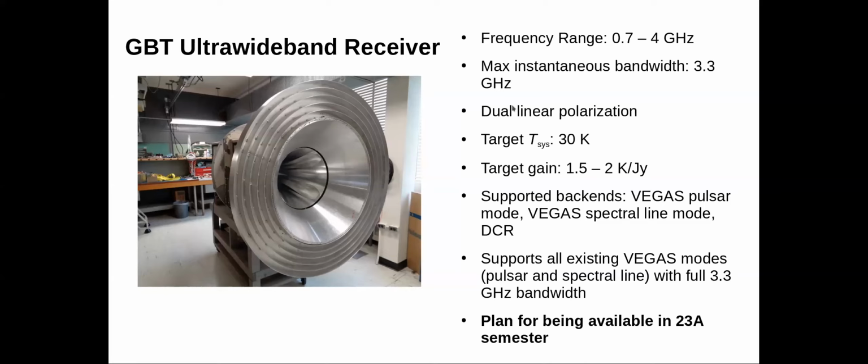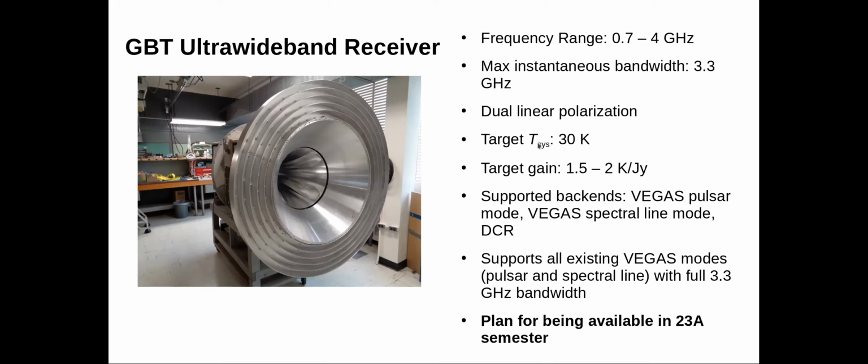It'll provide dual linear polarizations, and you'll have the option in the backend processing to form self and cross polarization products so that you can form full Stokes parameters. Our target system temperature is 30 Kelvin. The very broadband nature of the optics of the GBT mean that the system temperature is not going to be as low as our narrower band receivers that cover the same frequency range. So it's not going to have the same kind of RMS at any given frequency,